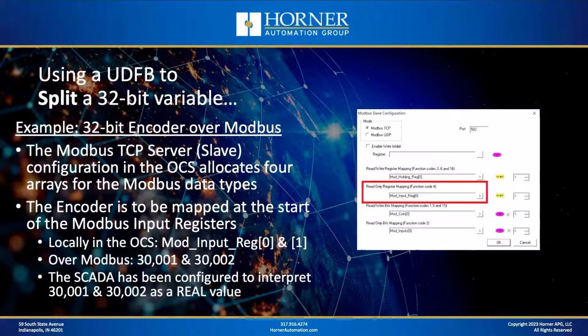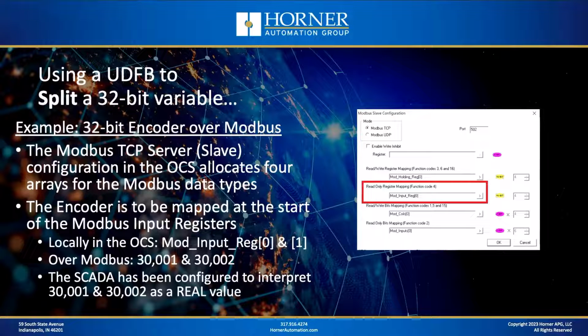Of course, the first thing we're going to do is make sure that we've allocated those array type variables in our Modbus configuration. And because encoder position is really a read-only variable from a SCADA package standpoint, we're going to allocate the input register location as where that's going to be stored. And we're going to decide in our example that the first 2 input registers, Modbus 30001 and 30002, are going to be the addresses where the encoder position can be monitored,